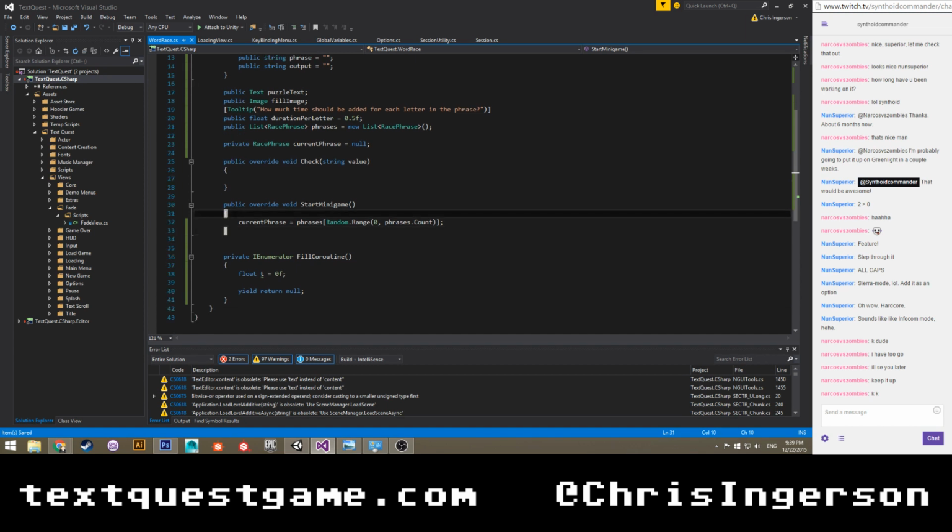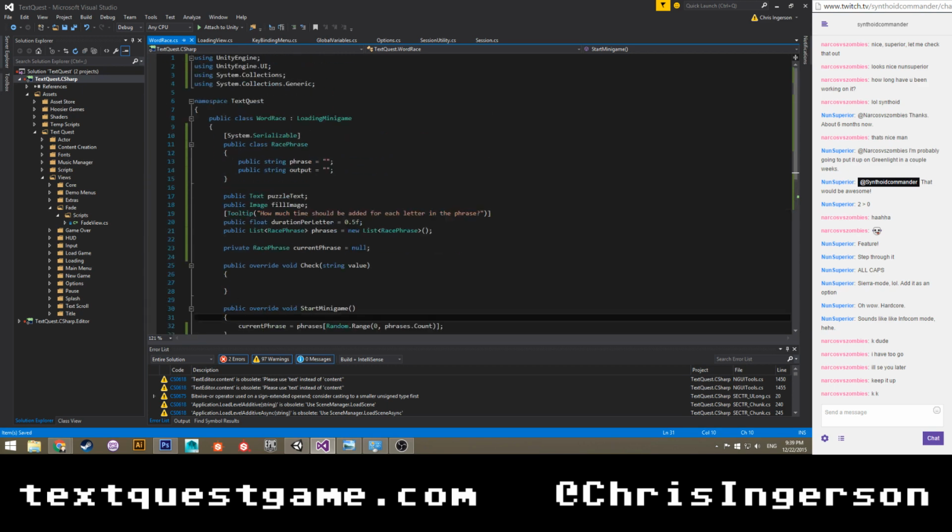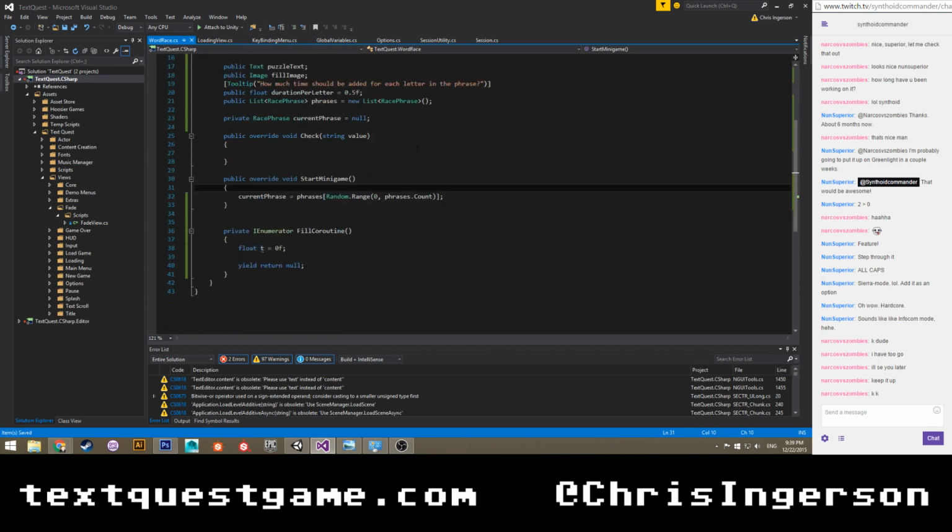I'll worry about performance later. The performance gain from using an array over a list is not going to be that noticeable, unless you're running on a literal toaster. So we have current phrase equals phrases, random range, 0, blah, blah. That's fine.